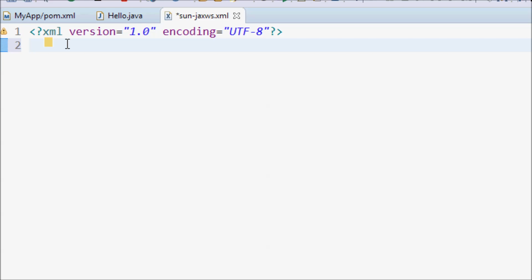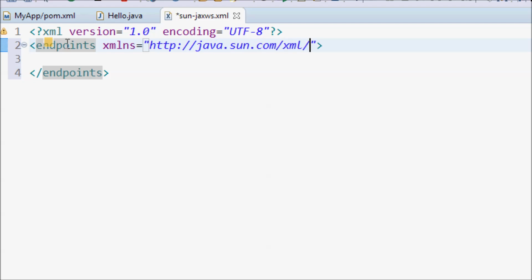Now we type the element endpoints. XML namespace is http://java.sun.com/xml/ns/jax-ws/ri/runtime, and version is 2.0,